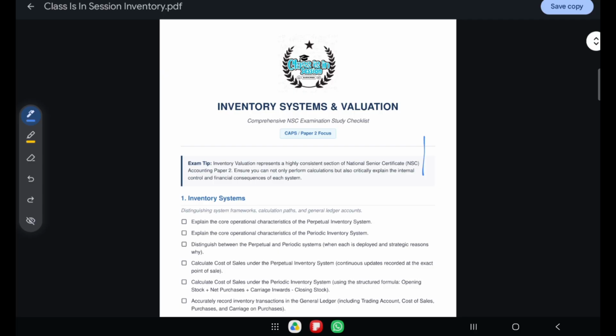Now let's go to our checklist and update it. You guys know what inventory is. I didn't add this as something that we need to check, but let's just check inventory definition, then explain the core operational characteristics of the perpetual inventory system. You guys know the information that is included, but you may also refer to your textbook after you